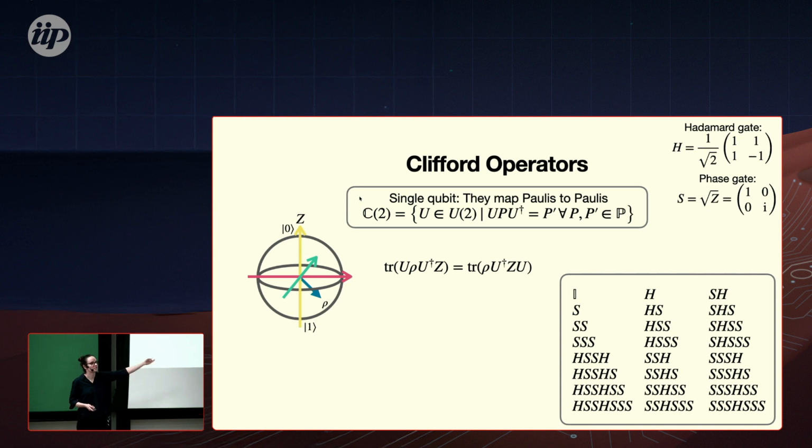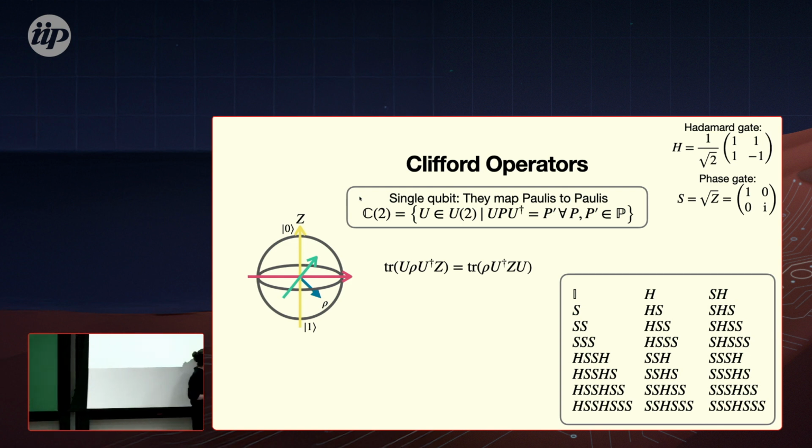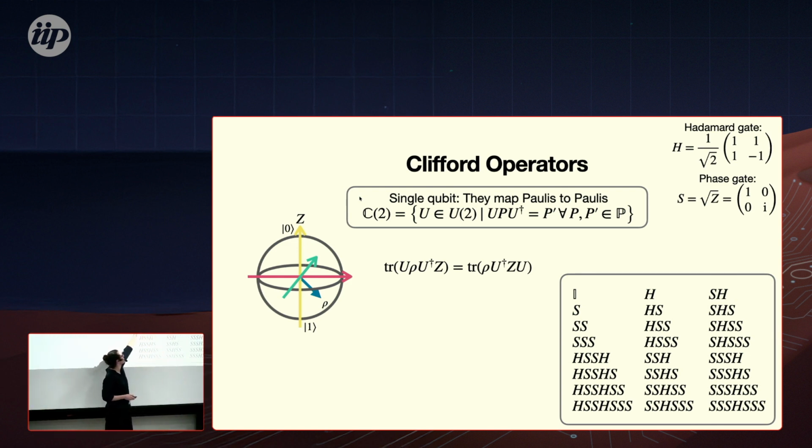In the single qubit case, these are 24 matrices, and I took the liberty to write down for you in the Hadamard and phase gate decomposition what these 24 Clifford matrices are, because I was always annoyed when people talked about the Clifford matrices. Nobody really wrote them down. It was just this abstract definition. So I just sat down and coded that for you. And I found a little bit of a pattern. On the left, we have these identity or S or SS or SSS. And then when we always add a Hadamard to this one, we go into this group. So Hadamard S goes here, Hadamard SS goes here, Hadamard and Hadamard cancels, so then we have SS Hadamard and so on. And then when we add an S gate to that, then we arrive in this group. That's somehow how I found these Clifford matrices.